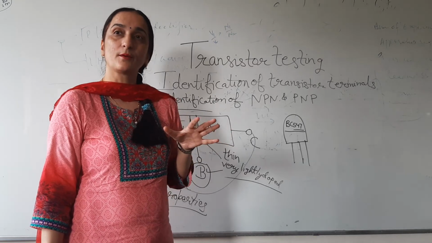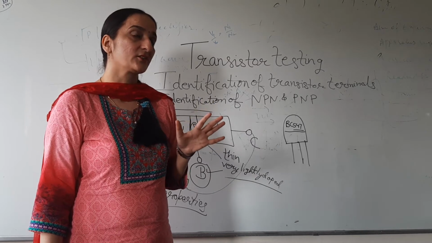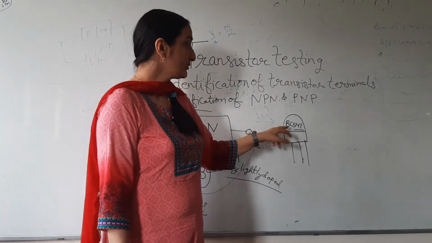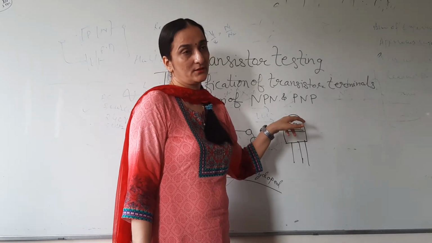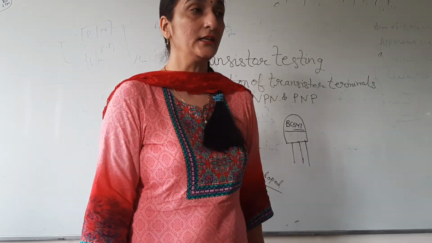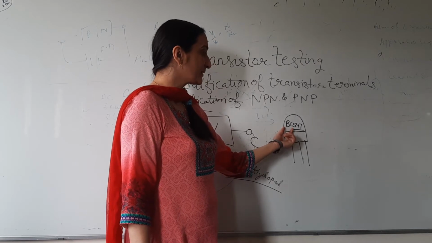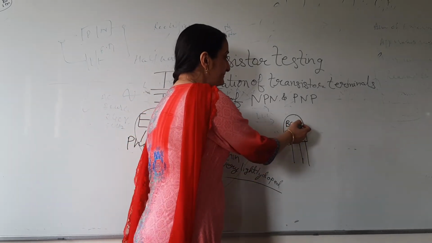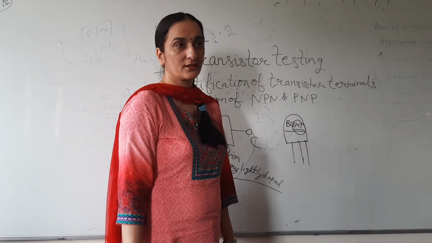Okay. Although we use emitter-base forward biased when we are using it in the active region for amplification, in a few applications we may use the emitter-base junction reverse biased. So we need to take care of this reverse bias voltage. What is the maximum reverse voltage which the emitter-base junction can withstand? Its reverse bias voltage is lower than that of the collector-base junction. So this is used to identify a transistor of a particular rating.